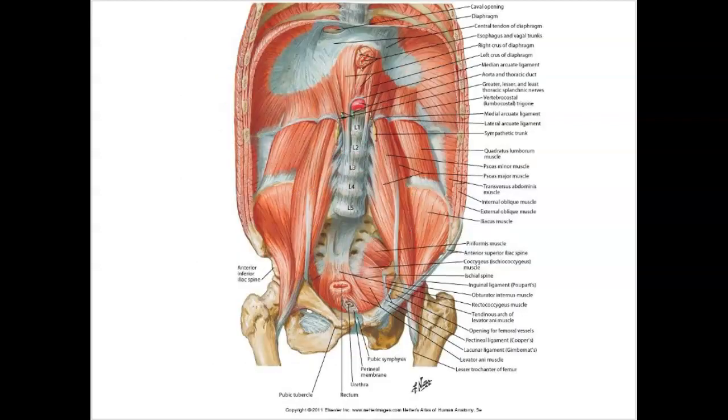Let's review now some of the posterior abdominal wall musculature. Now here the organs have been removed. Ours will not look as neat as Netter has drawn it. But here you can see the psoas major muscle. Let's just take a look here. It's coming from